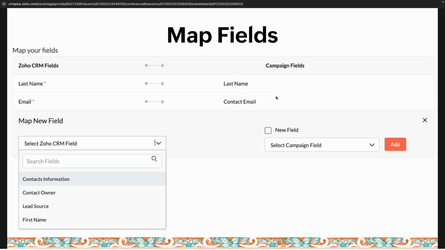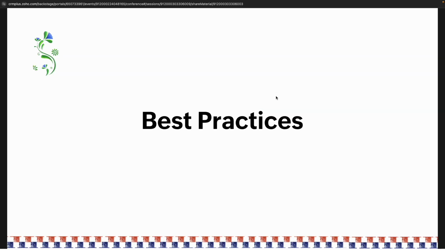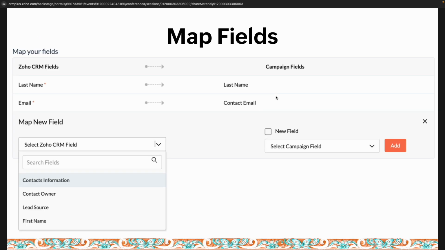You can set up some other things. And then once you do this, you'll map your fields. And this is basically just saying information that's sitting on this record over here is named this in campaigns, it's going to be named this, and we want to combine them. So that is something that you'll need to do. And if you're sending any data back from campaigns back to CRM, sometimes you need a multi-line field to be added to the contact record so it can house that information when it's coming back the other place.